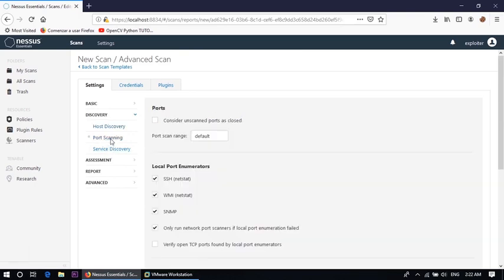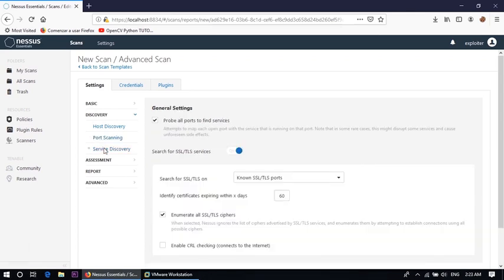Then the port scanning part is also there, to enumerate the local ports using SSH, WMI, SNMP, and only run the network port scanner if local port enumeration failed. So you can choose your own option. Then service discovery: enumerate all SSL or TLS ciphers.